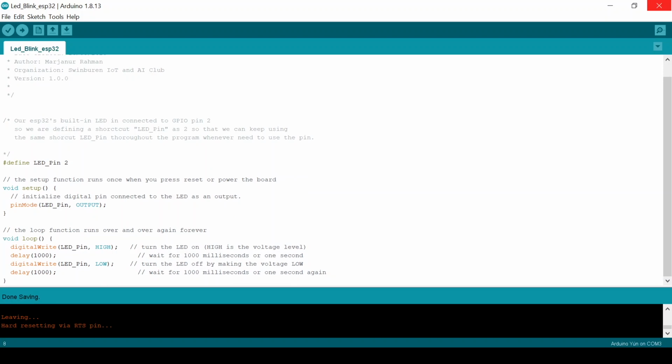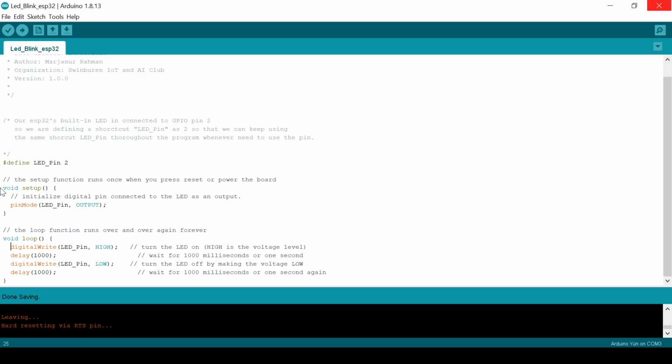We are just setting the LED pin to be output, which is pin 2 in our case. Please read the descriptions, because I have explained why pin 2 and what we are doing in the comments here. So read the comments for each and every line. We are setting the pin to be output for our LED. Then we are coming into the loop. All the Arduino programs have two main functions in them that we need to have.